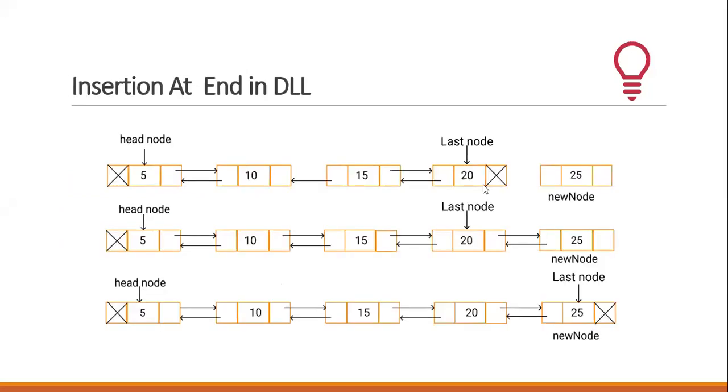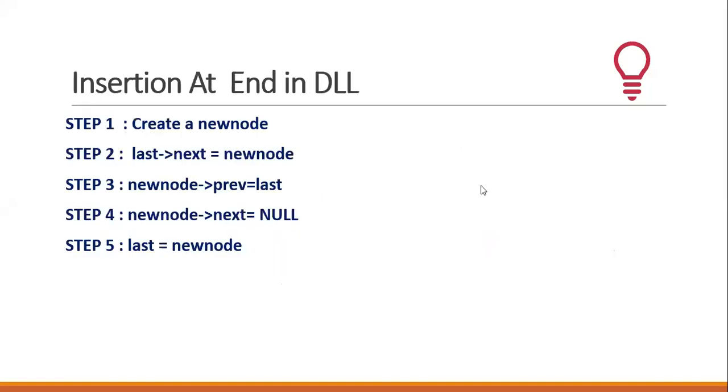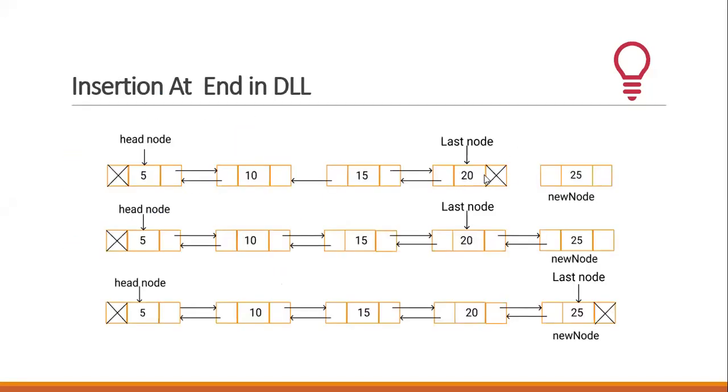Whether you want to insert at the beginning, the end, or somewhere else, the creation should happen, because that's what a linked list is always trying to tell us: it is dynamic in nature. So every time it is going to create a node on the basis of your requirement. So we created a new node. Now what should happen? First, let us understand what exactly has happened. The last next, which previously was storing null, should now get connected to the new node.